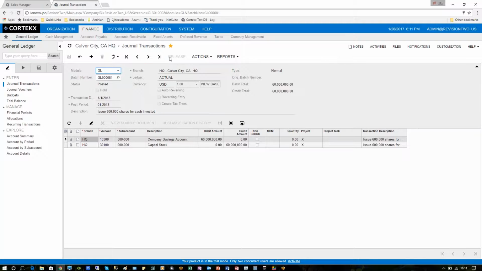Every screen that updates the system in terms of hitting the general ledger with transaction amounts will have a release button on it. In this case, we don't have anything to release just yet because it's already posted, but on new transactions you click the release button to let it go on its way and post to the general ledger